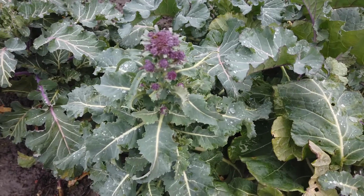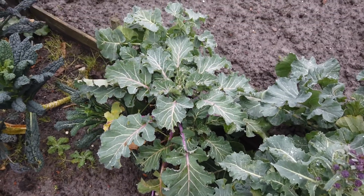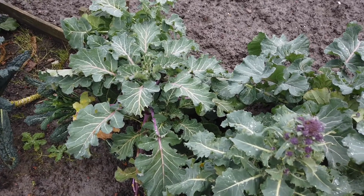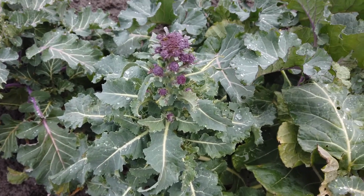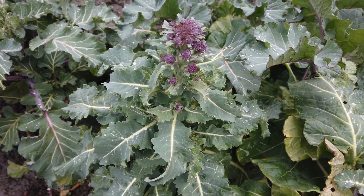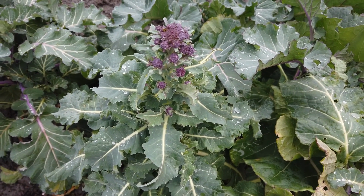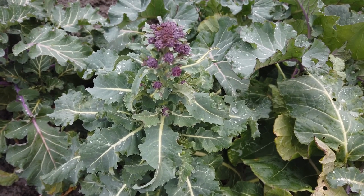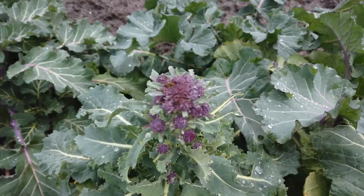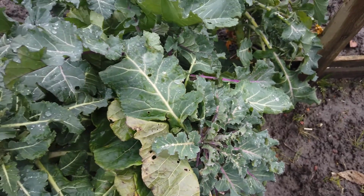This is the purple sprouting broccoli, and you can't buy it in the Netherlands. So we bought it 2 years ago when we were in the UK. And well, it's a really good vegetable for early in the hungry gap, because it's ready in early spring, and that's the period where not a lot of other vegetables are around in the vegetable garden. So yeah, this is nice. You see, it's growing well. I hope we can have a nice harvest out of it